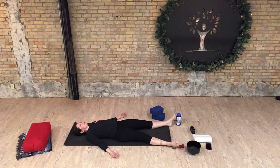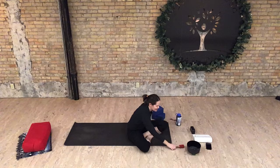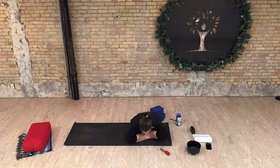Wiggling your fingers and your toes, bend your knees, roll up. Bring your hands to your heart. Bow deeply to the teacher within you and each other as we